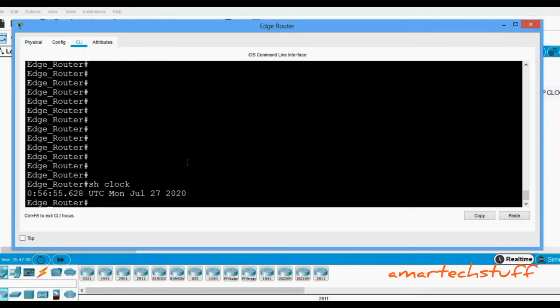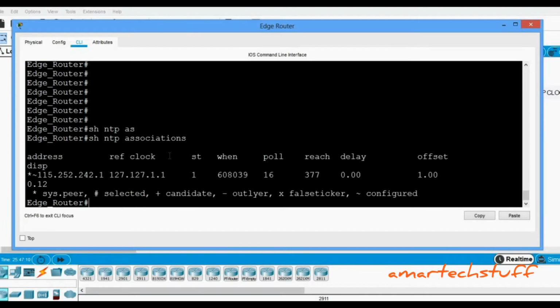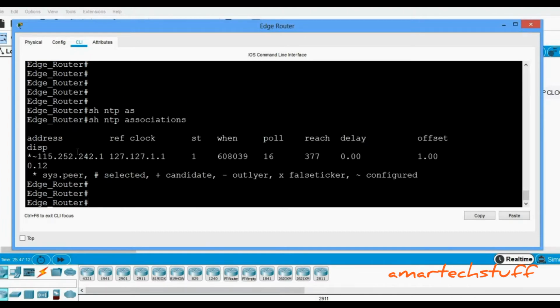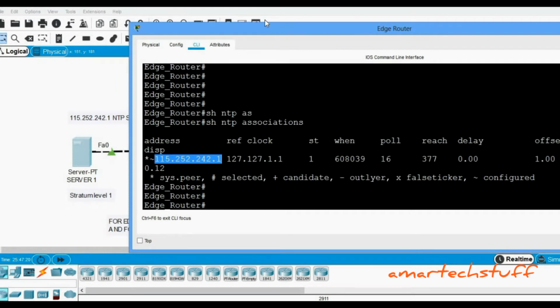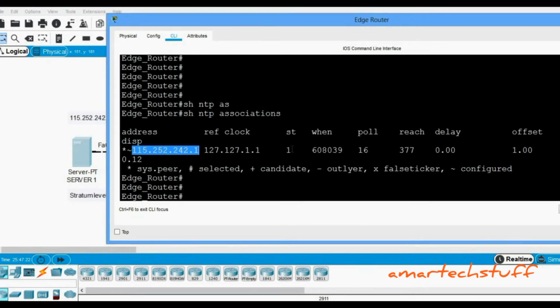So we'll just check why on the edge router everything is fine. You can check over here, show ntp associations. You can see here the NTP server is 115.252.242.1, which is this server, and that server has a stratum level of 1.